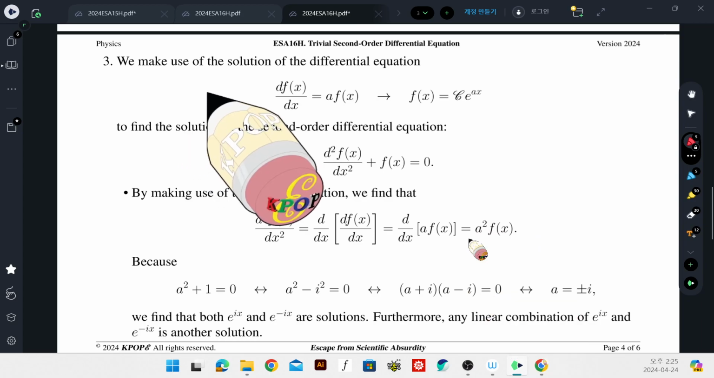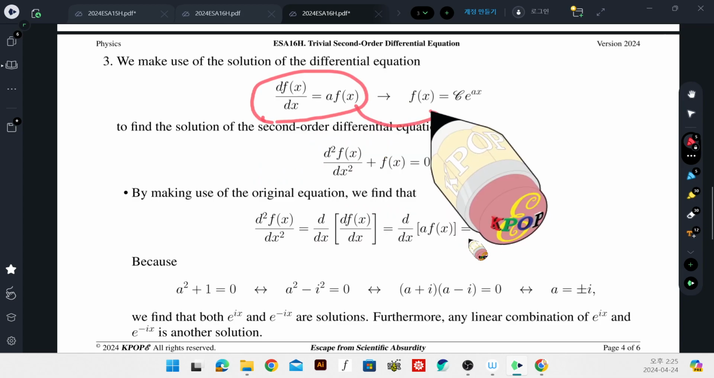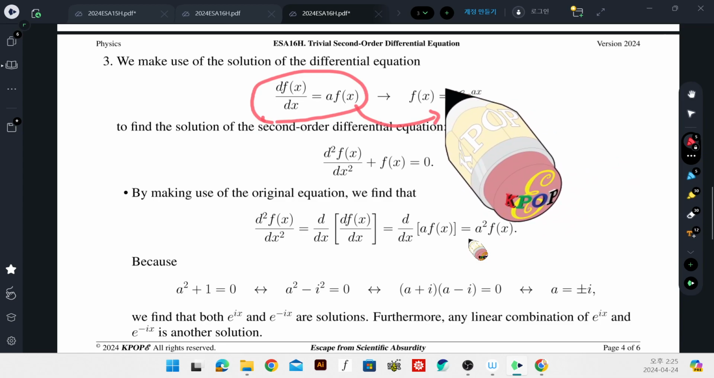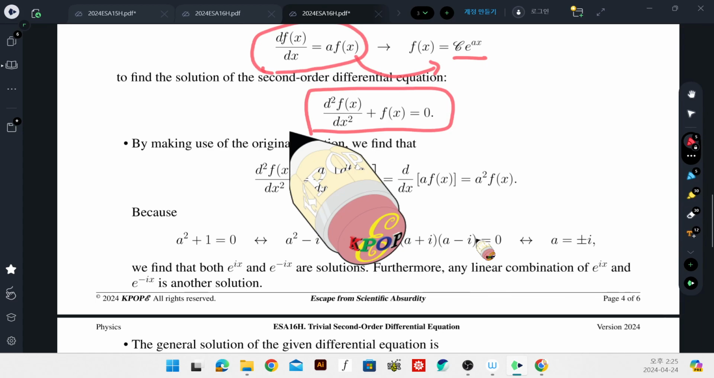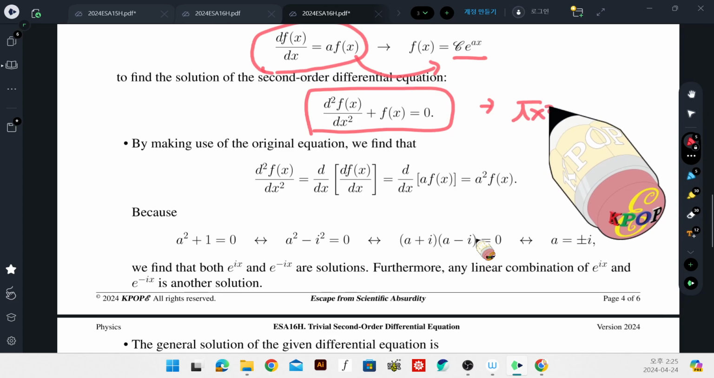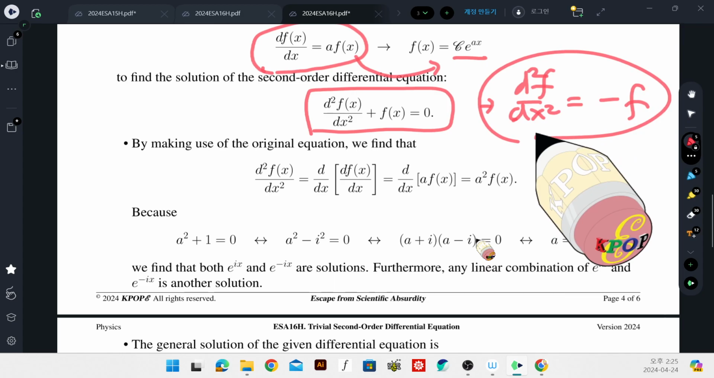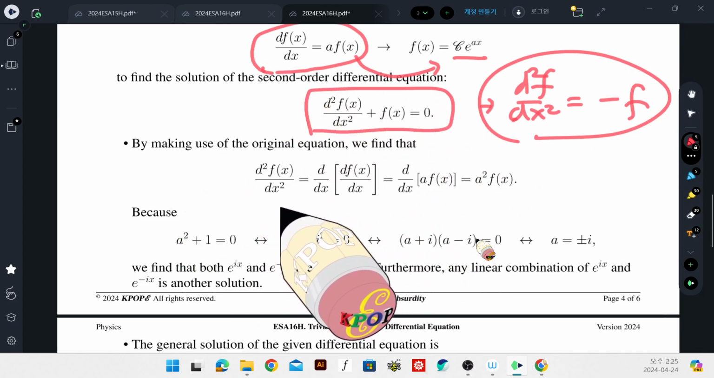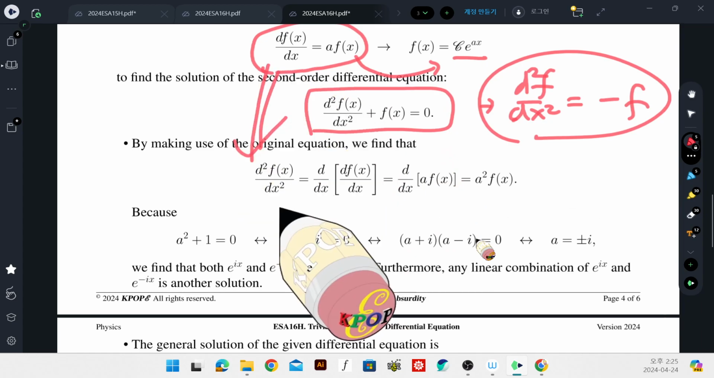Number 3, we make use of the solution of the differential equation. We know the solution is exponential ax multiplied by an arbitrary number. What about this? The second order derivative plus f of x equals 0. That means the second order derivative of f is minus f. Okay? So if I have this relation, we make use of it to find that